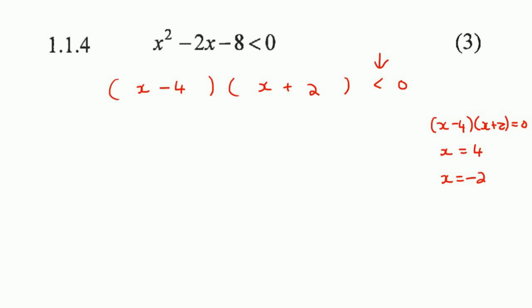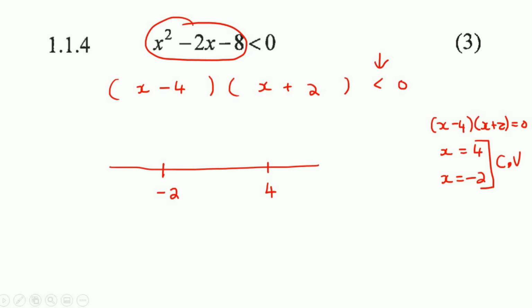These are called critical values, but these are not the answers. Okay, these are called critical values. So what you do is you just go make a little number line now, and you just put those critical numbers on the number line like that. Okay, then what you do is you look at this and you say, hey, that's a parabola, and because this number in the front is positive, it means it's a positive or a happy smiling face parabola. So what you do is you go draw that, just a basic little sketch going through those